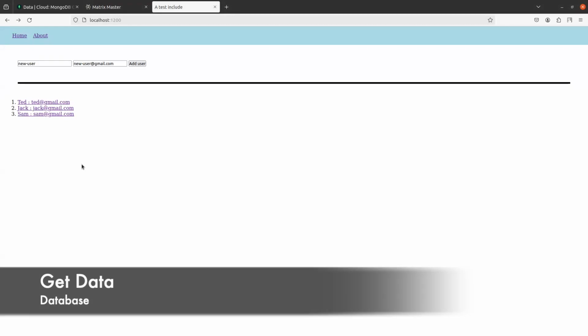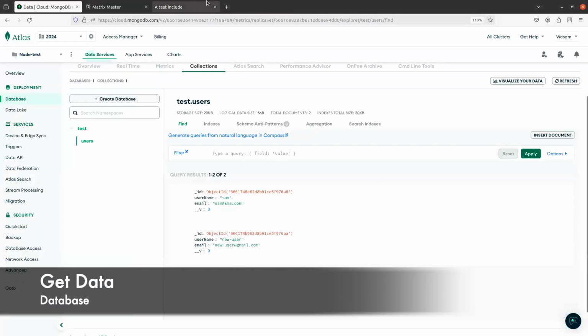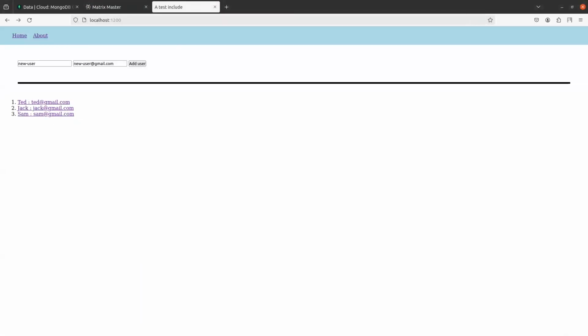All right, everybody. So after we added a new user to our database, we now have 2 users here. We need to be able to show these users. But before that, let's test together our post functionality to see if it's still working. I assume it's still working, but we can make, like, Tom, and here we go with